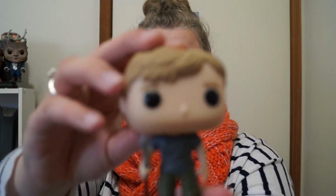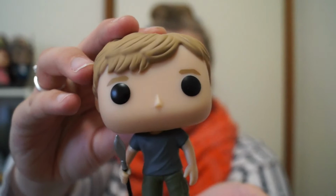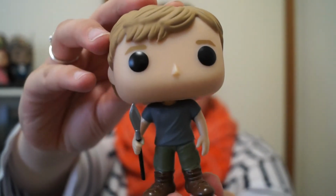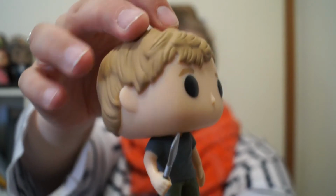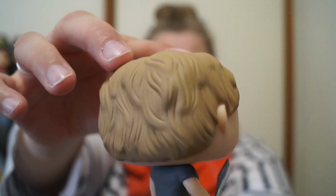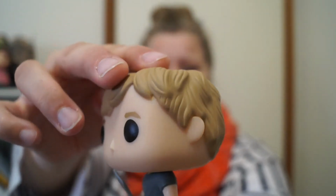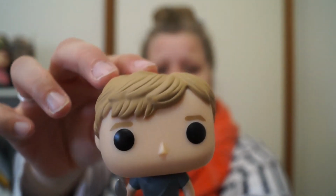So this is Peeta. He's quite a simple, kind of plain Pop Vinyl. He's got a little speed dagger thing. He's just wearing some cargo pants and a t-shirt, but apart from that, he hasn't really got much else on him. He's quite a plain looking one, but Peeta was my favourite out of him and Gale,